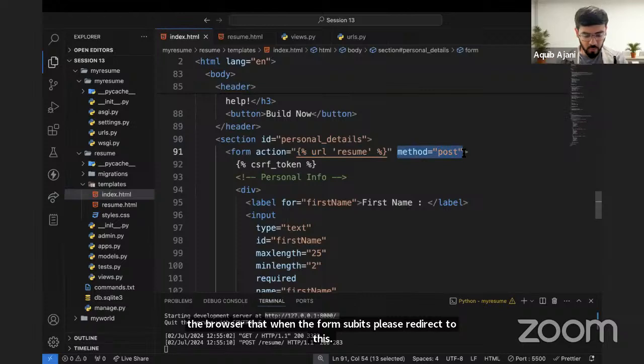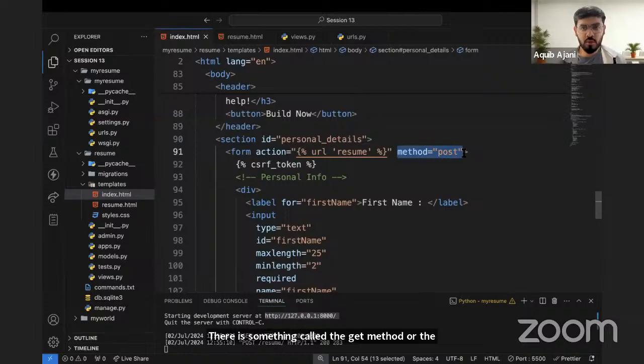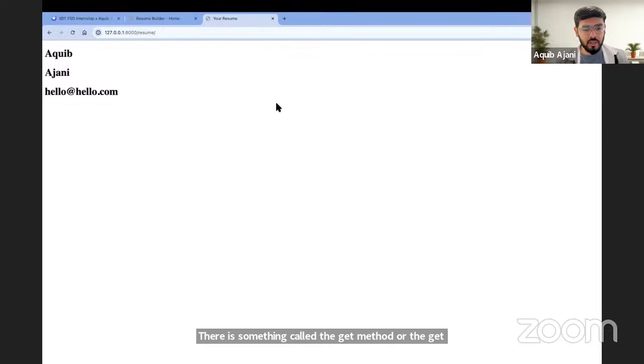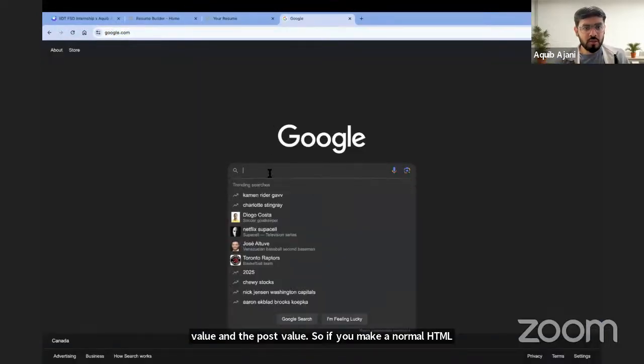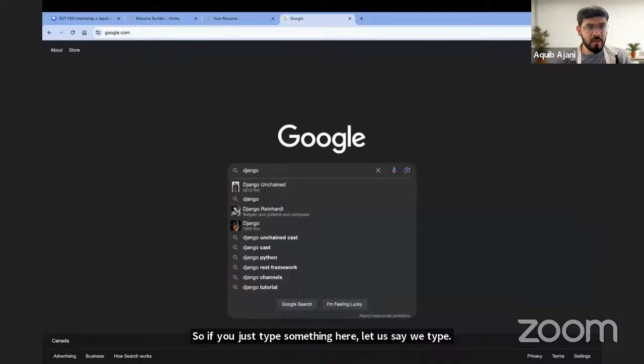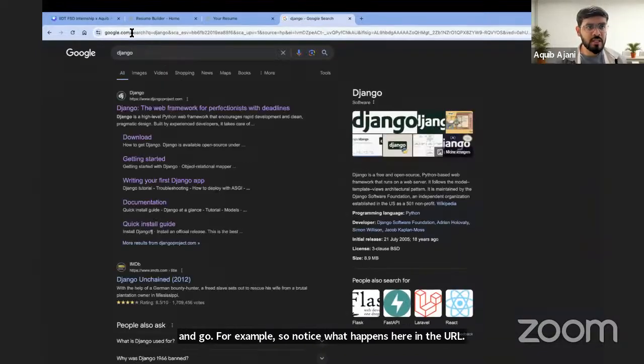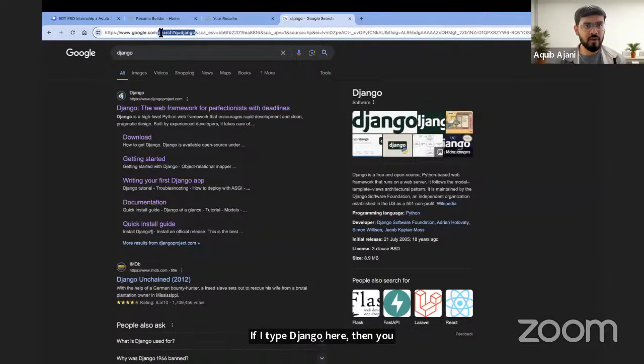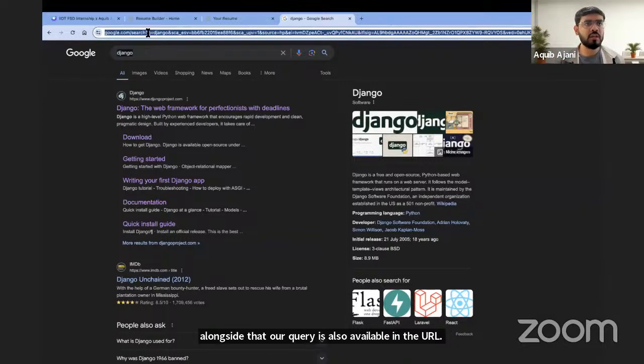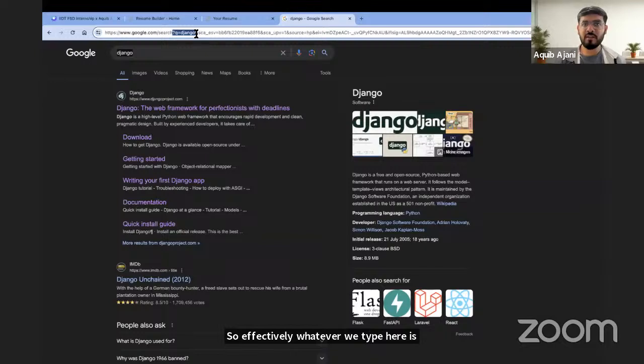Then we have written the method. Method can take two values: the get value and the post value. If you make a normal HTML form, kind of like what we have in Google search, and you type something here, let us say we type Django, notice what happens in the URL. You can see that our search query appears in the URL. We are redirected to the search view, and alongside that, our query is also available in the URL. So whatever we type here is shown in the URL,